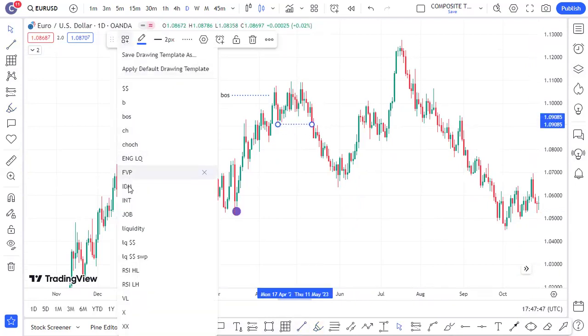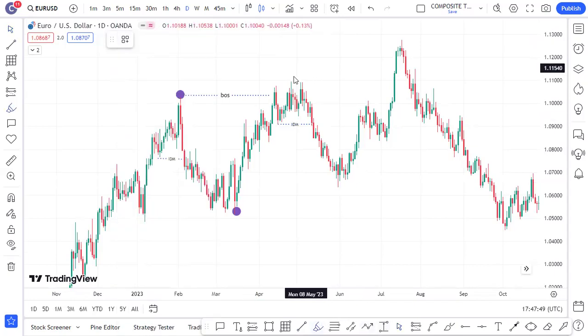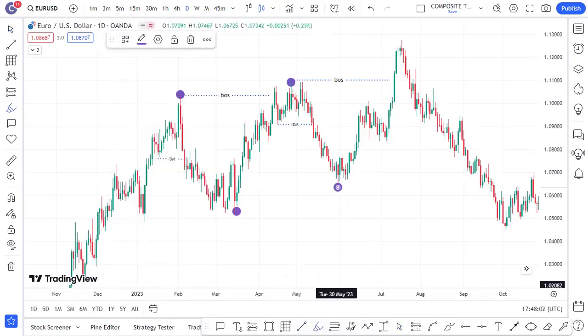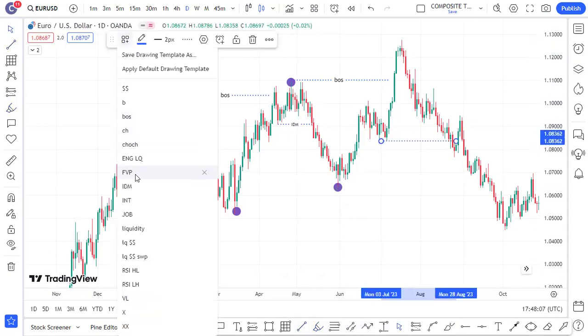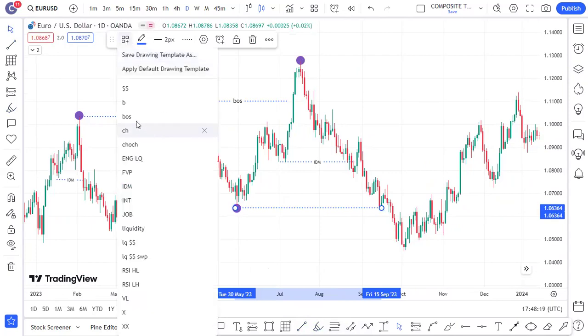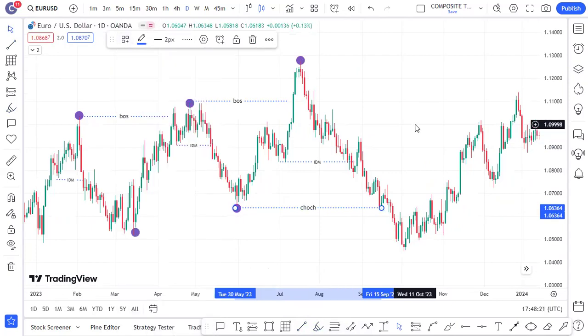Inducement taken out, and our high is confirmed, and we got a new break of structure to the upside right here. Break of structure is there. Once you get the break of structure, this is your low, then this is your inducement here taken out. Inducement taken out, this is our high. Market breaks below, and we got our change of character here. The pair started pushing to the downside.